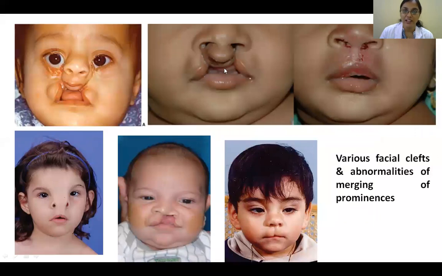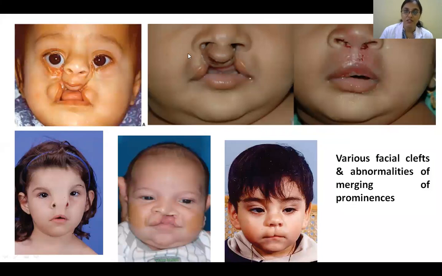Then you can see a bilateral cleft lip. So what happens here? This is the medial nasal process, the lower part. This is the lateral nasal process. This is the maxilla, the cheek part. So this comes, touches this, and goes and meets up to the maxillary process, the medial nasal processes. So that will complete your upper lip. But this failed to come here.